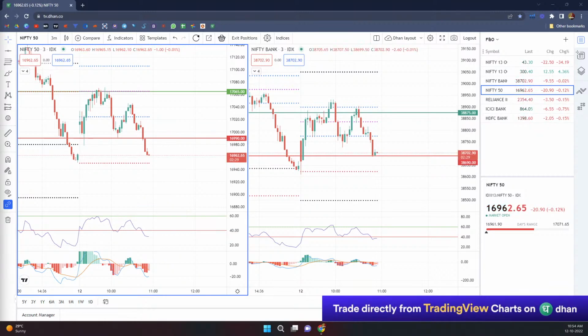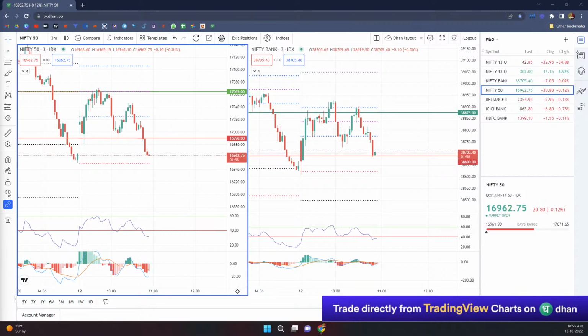Based on this, would you want to go on the long side? Whatever the rise which I was telling you about, it will be used as an opportunity to sell. Can you see this? This volume of 1823, which was a short build-up, was not overtaken by long build-up or short covering; it was also followed by long unwinding, which clearly suggests the bulls are exiting at higher levels. They don't want to be there.